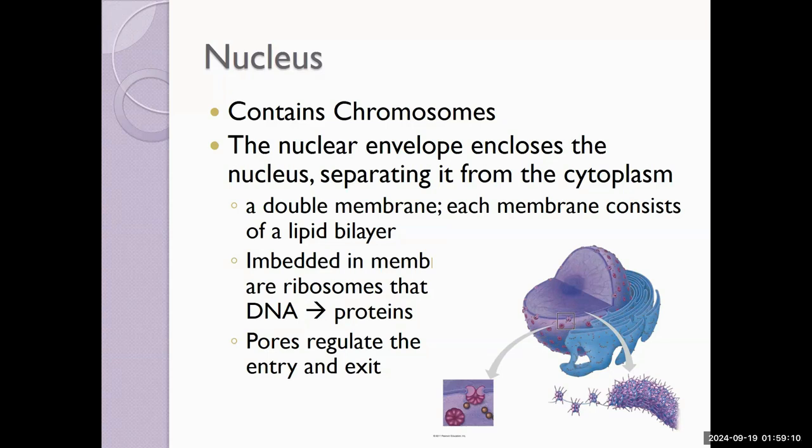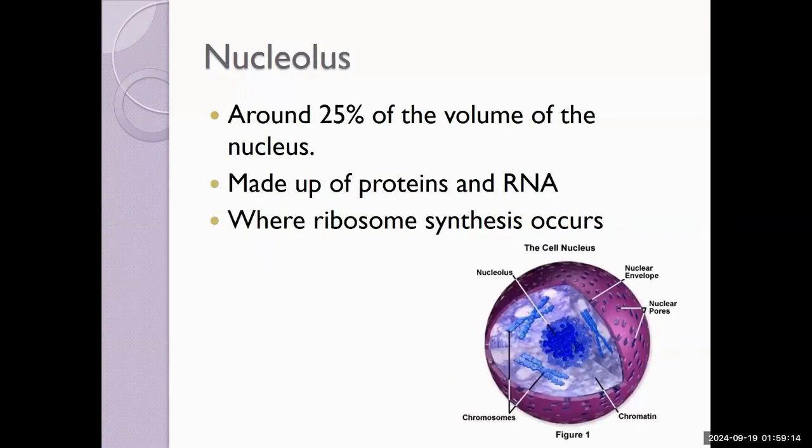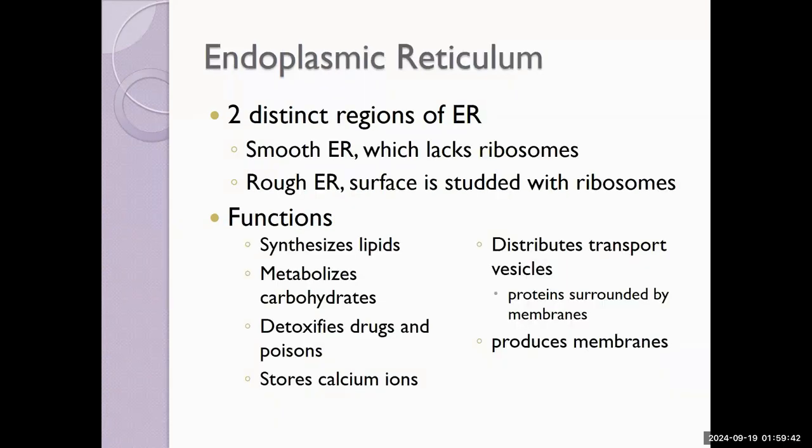Inside the nucleus is a nucleolus. This is where ribosomes are made. Remember that ribosomes are required for all things, all cells, and so eukaryotic organelles are able to make more ribosomes and therefore outproduce prokaryotes. Right next to the nucleus is the endoplasmic reticulum.